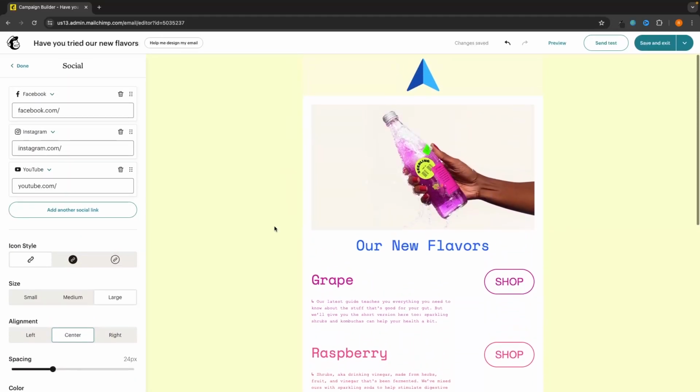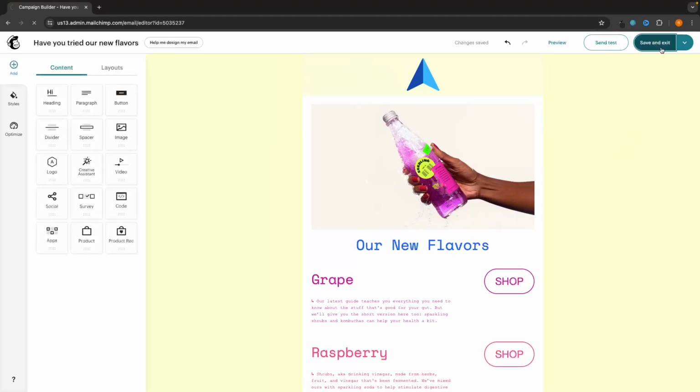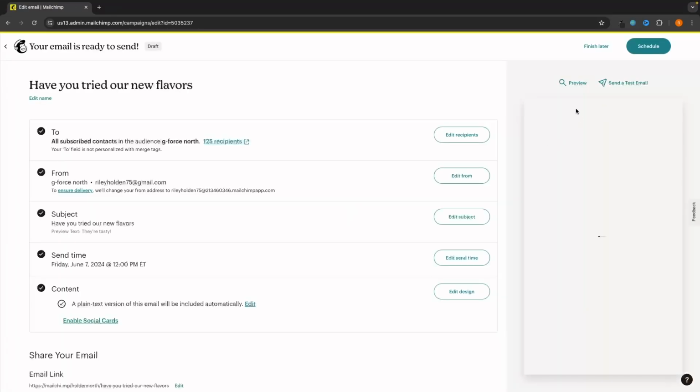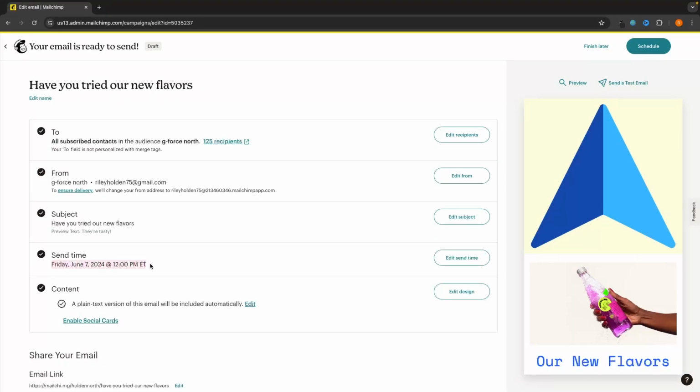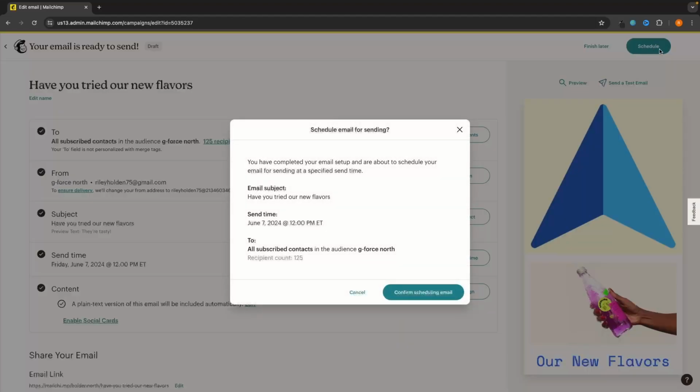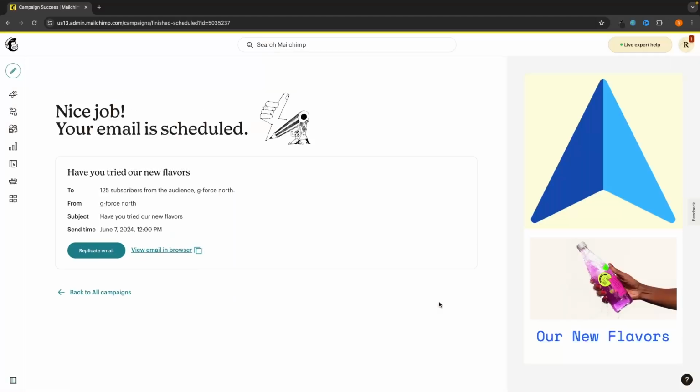Once you have created your email and you are happy with how this looks, I think this looks awesome right now, all we have to do is click on Save and Exit right here. And then we are going to be taken back over to this menu. Now, as I scheduled this email for Friday the 7th of June, this is when I'm going to send it out. All I now have to do is click on Schedule right here, confirm the scheduling, and that email is now saved. The email that I just created is now going to be sent out on the 7th of June